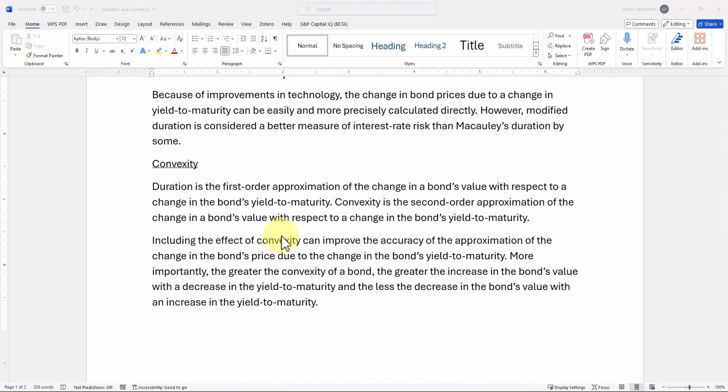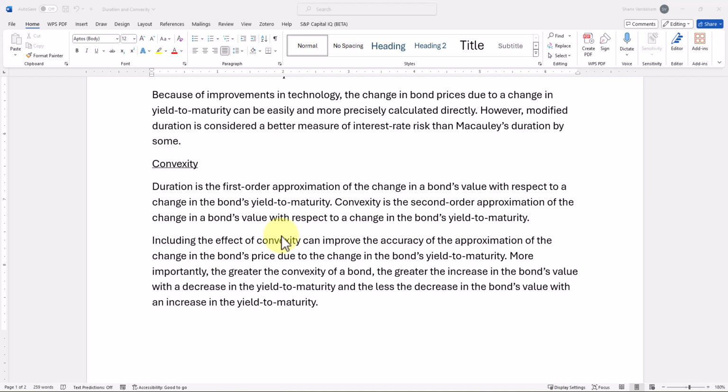I'm also going to demonstrate how to calculate the convexity of a bond. If duration is the first order approximation of the change in a bond's value with respect to its change in the yield to maturity, convexity is the second order approximation of the change in a bond's value with respect to a change in the bond's yield to maturity. Convexity is really the curvature of the graph of the bond's price as it relates to changes in the yield